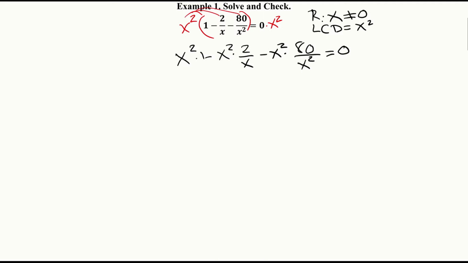Now if we cross cancel what we can here, we'll get x on the top here, and these two will cross cancel completely. So we'll end up with the equation x squared